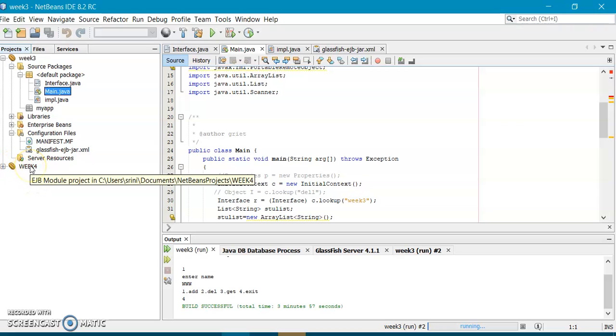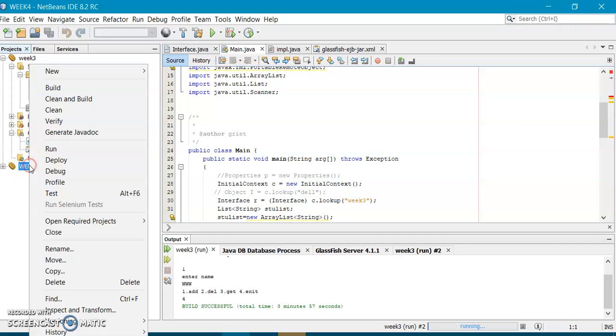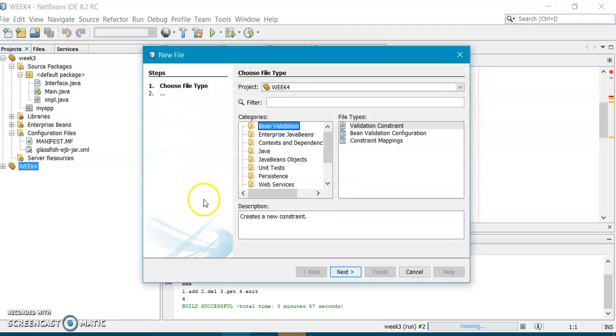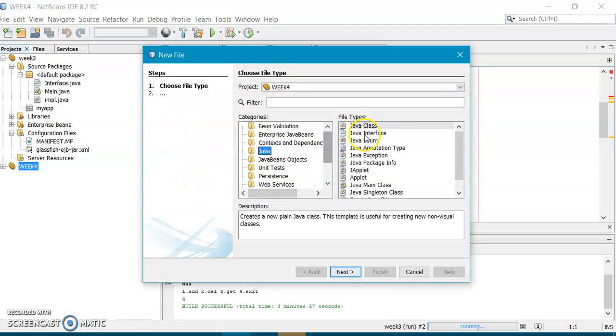So first you have to create 4 files, isn't it? On this, right click on your new project, go for new, and in this new, first you have to create an interface. You create interface. If you don't have the option interface here, you go for other. Here you have Java, and in this Java you have Java interface.